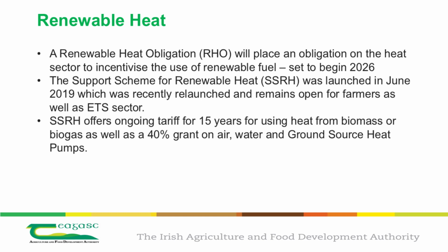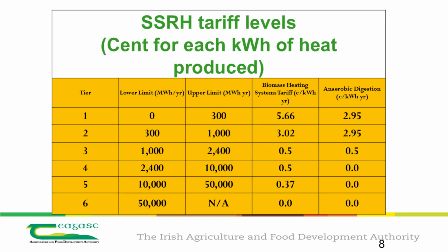The SSRH also provides a 40% grant for the installation of air, water source and ground source heat pumps, and some farmers have actually put in those as well. Those are the tariffs that have been set there. You can see on the right hand side there for renewable heat, there are tiered categories. The column on the extreme right is the one for AD. The one just before that on the left is for